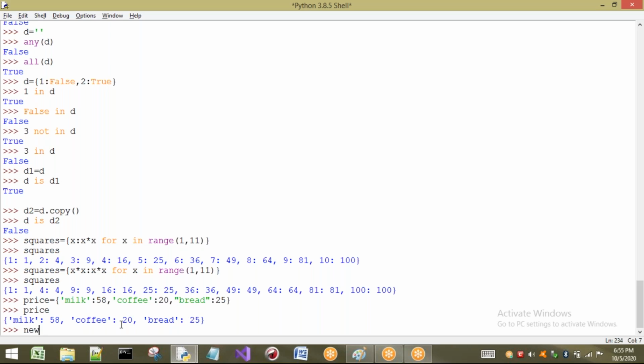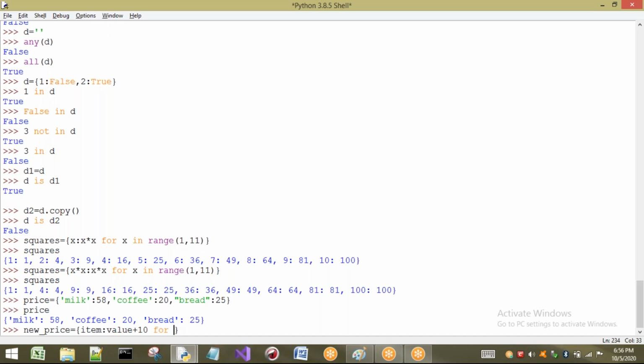So let us take the new dictionary name as new price, for example. What do I have to do? I want to keep the item the same. I don't want to change the item because the items are the same here. So the item stays the same, and the value with what? The value with a 10 rupees increment. From where do I have to take these things?